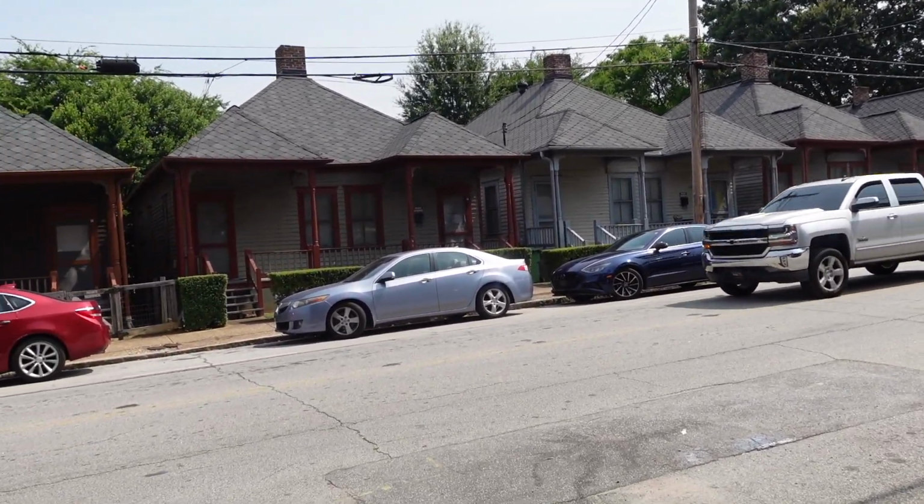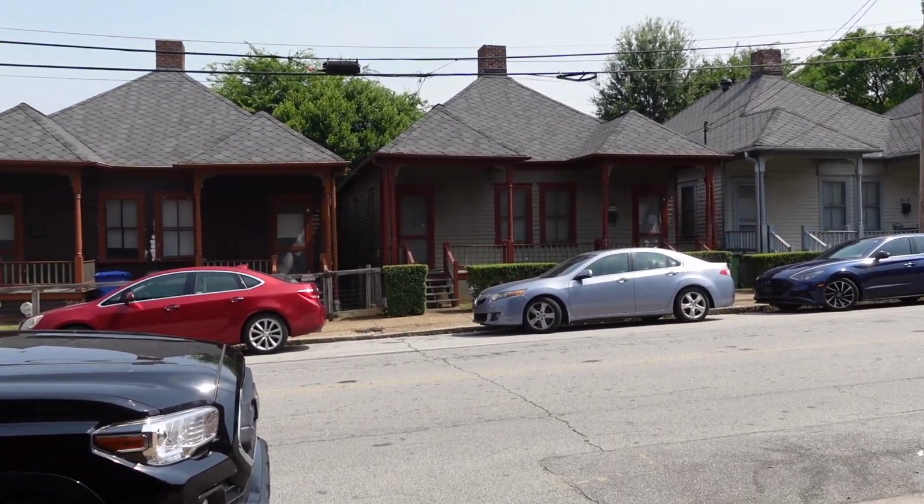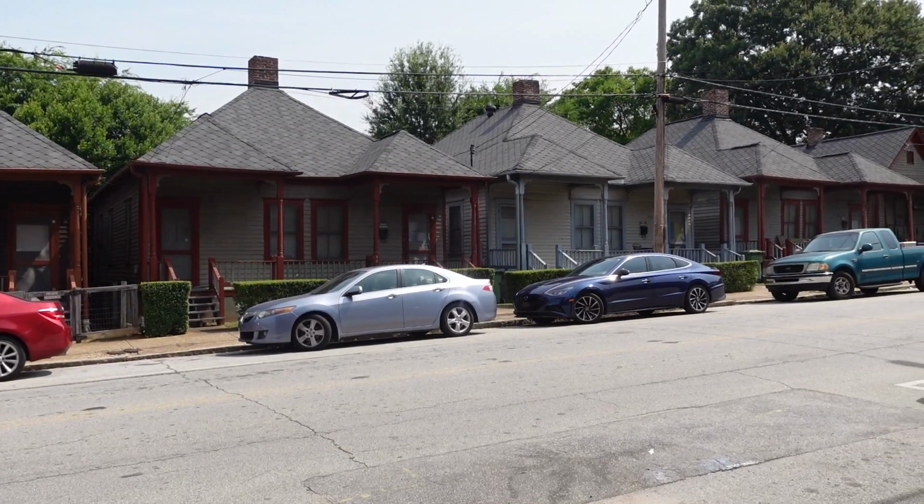So Park Services entered an agreement to say, whatever you pay, that's going to be your rent. We're not going to increase the rent. Your rent is going to be what it is. Now,